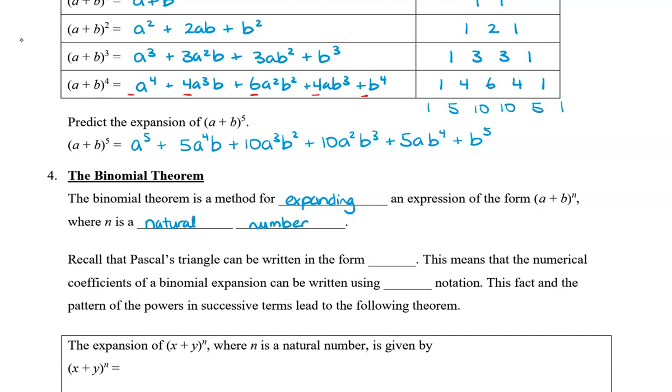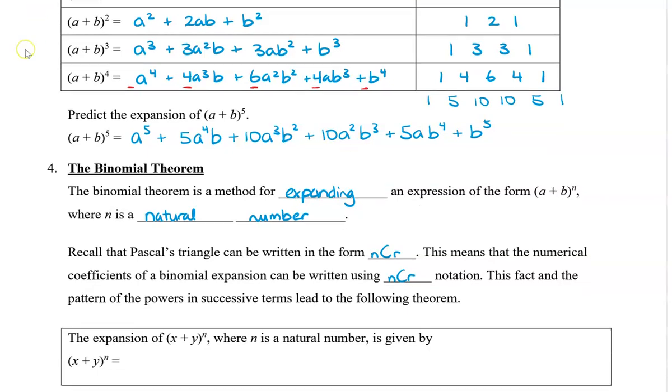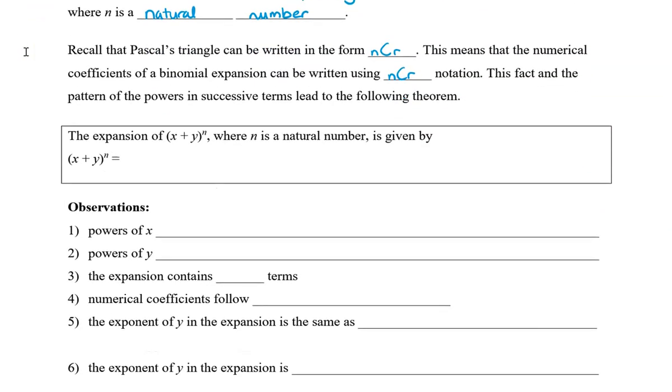Now, recall that Pascal's triangle can be written in the form nCr, and that's from a previous video if you need to watch that. This means that the numerical coefficients of a binomial expansion can be written using the nCr notation. This fact and the pattern of the powers in successive terms leads to the following theorem. The expansion of x plus y to the power of n, where n is a natural number, is given by